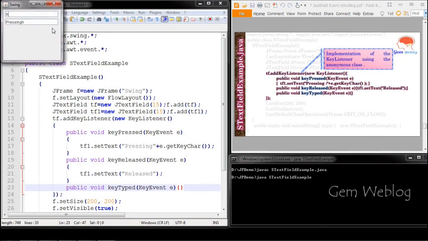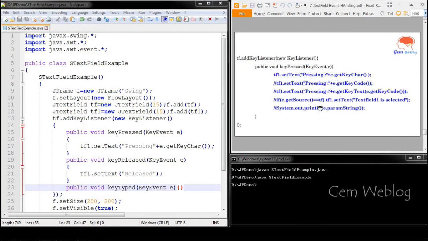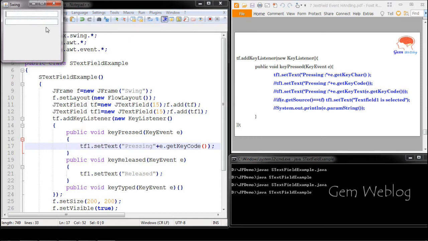Now I am pressing H, D, and D again. Whenever I release the key, "released" will be displayed in text field 2. Next we look into the different methods. Instead of the character, if you want to display the code, getKeyCode will be used. If you press J, instead of the character, it will display the ASCII code.